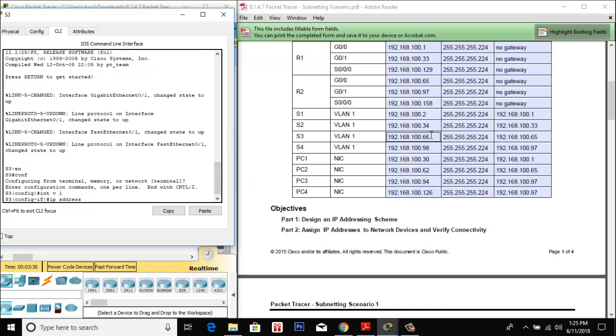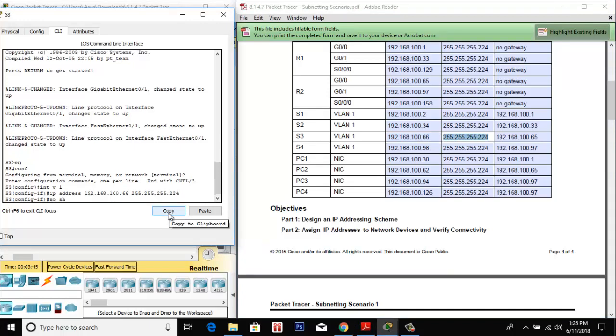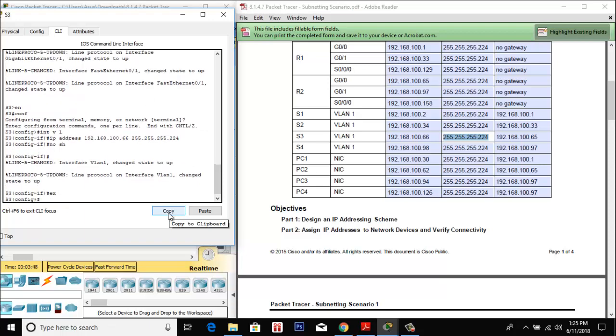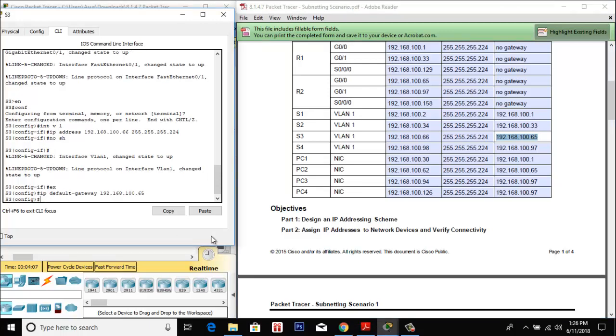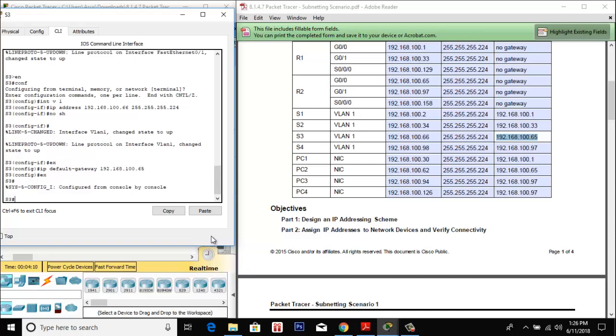In switch 3, the IP address, copy, paste, the subnet mask, and then an IP default gateway, the default gateway, okay, and exit. Okay, we're done,